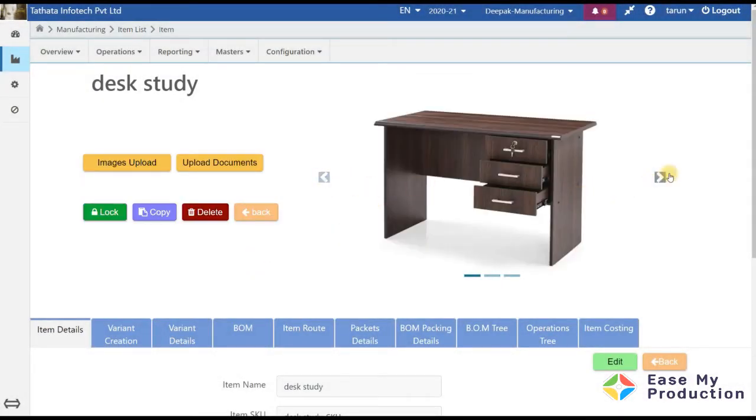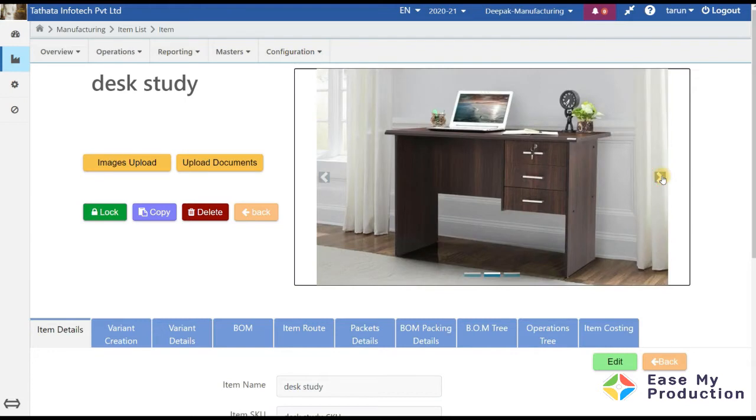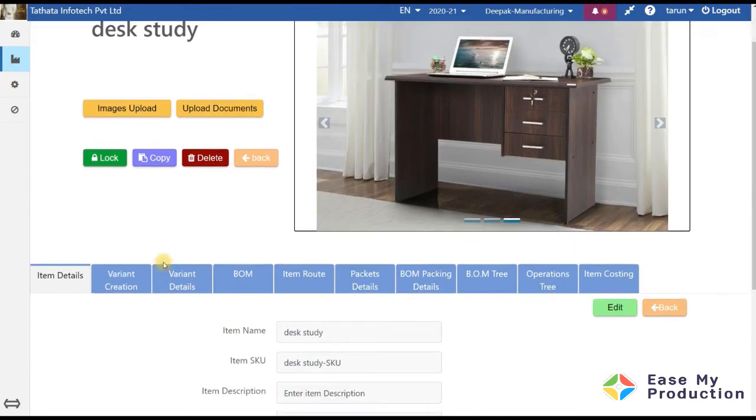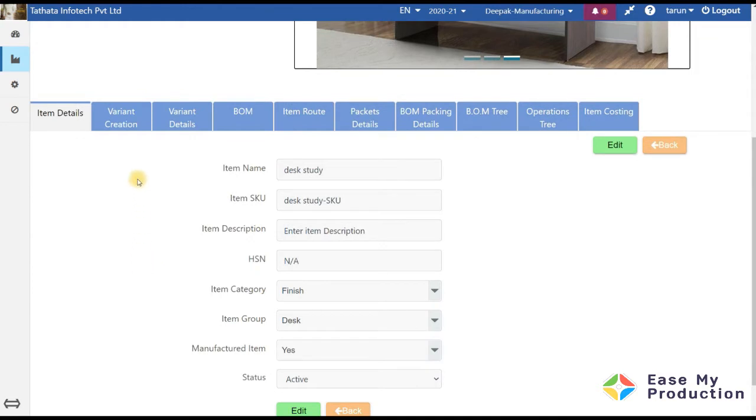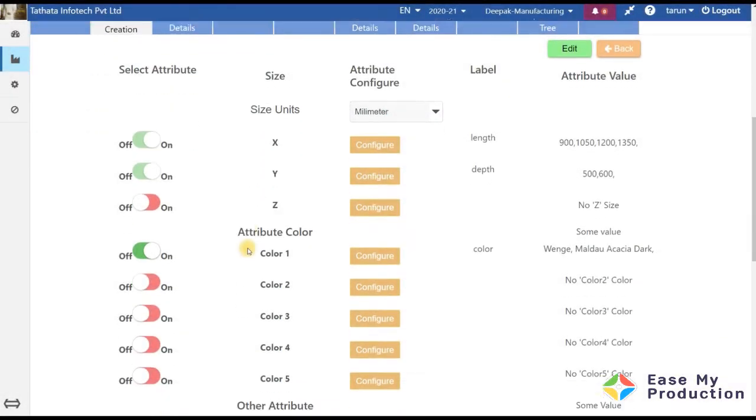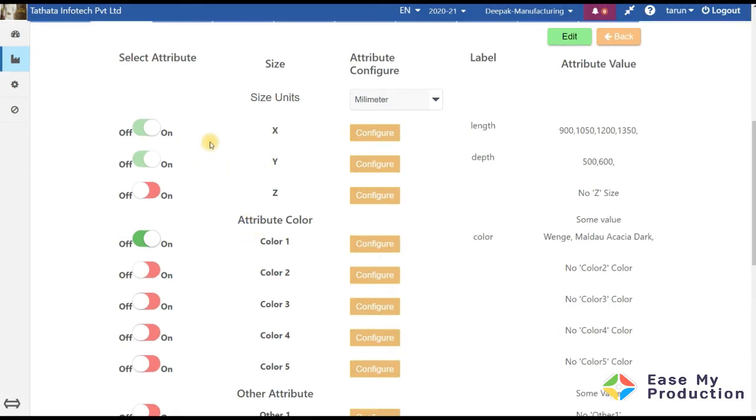So this is the table for which I am going to create the bill of material. This item is already made, and we have also created the variants for this. This table will have a length of 900, 1050, 1200, 1350, and depth will be 500 and 600.